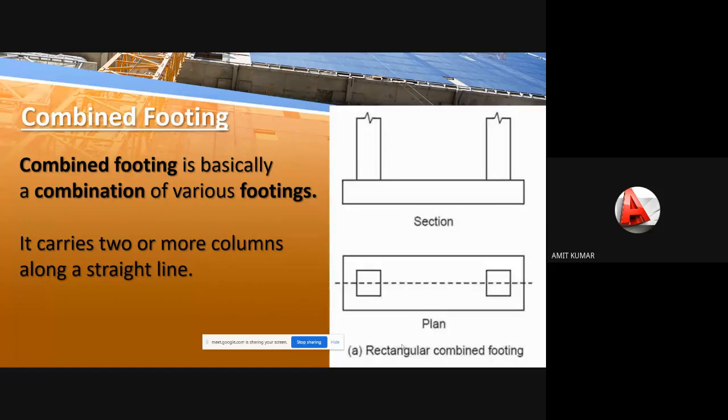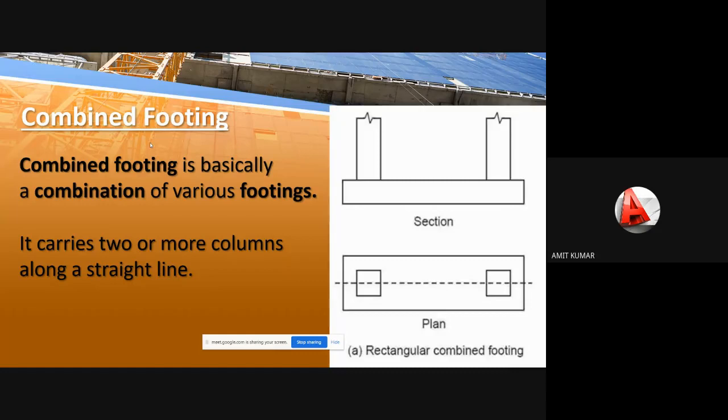Basically, combined footing is a combination of various footings. That means when the columns are very near each other, in that condition we mostly create the combined footing, because if we create isolated footings there, the footings may overlap each other.